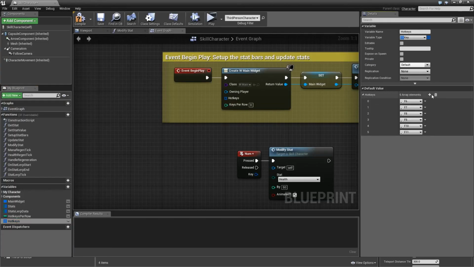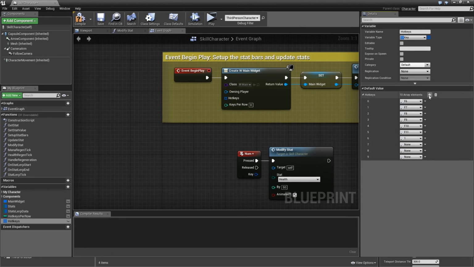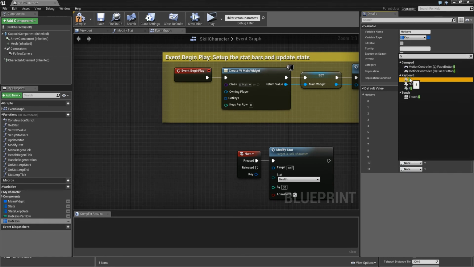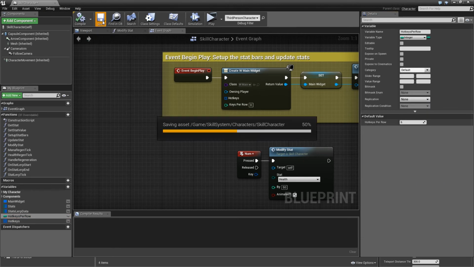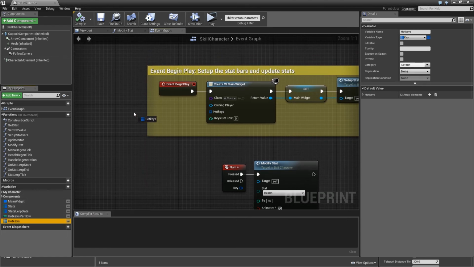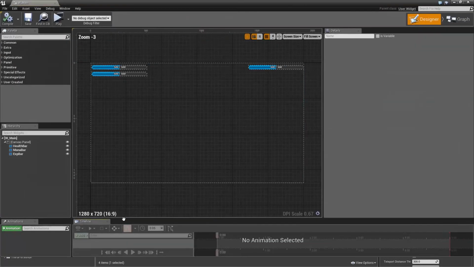Then in our hotkeys we can also add 1 to 6. Finally 6. And once we've got our hotkeys set up, we will need to go to event begin play, drag in our hotkeys and get them, connect them, as well as our hotkeys per row. Also need to connect those. Compile, save, close the skill character, go back to your main widget,